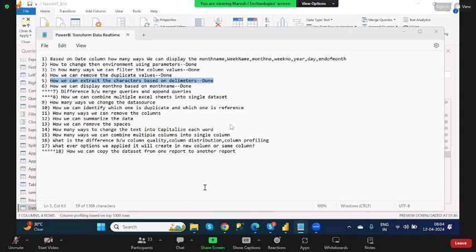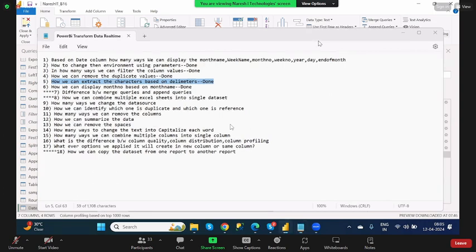See, in both options we are using delimiters only. In both options, a delimiter is required, but they are different. Split column, based on the delimiter, splits it into multiple columns. In extract, if you want to extract part of the string, understand clearly or not? Then you have to use the extract option. Okay. So see here, suppose for example,